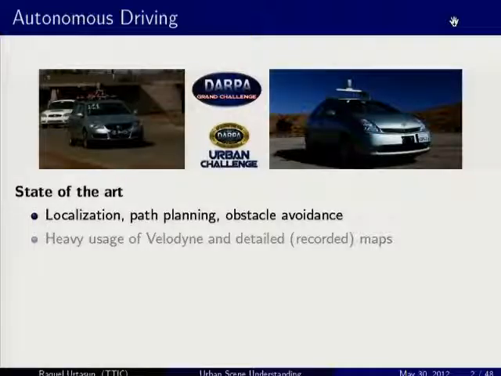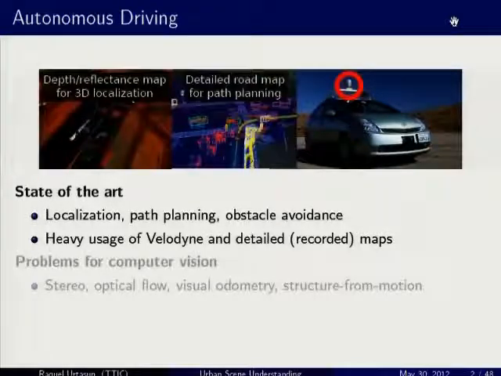Okay, so what can be done in autonomous driving? You have followed a little bit the literature on the DARPA challenge. So robotics people know how to do very well localization, SLAM type of things, path planning, obstacle avoidance. And what they do typically is that they heavily rely on fairly expensive systems, such as the Velodyne system. Nowadays, it's $200,000 to actually buy one of those. And they also have detailed maps of the environment. And so this is nice, right? They can actually do a fairly good job. We have all heard about the Google car.